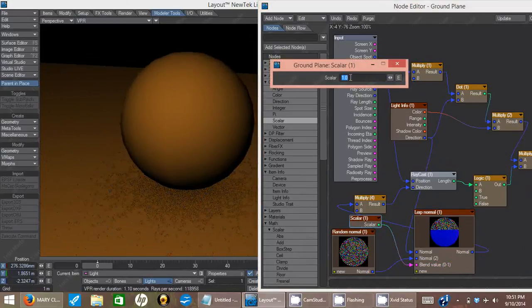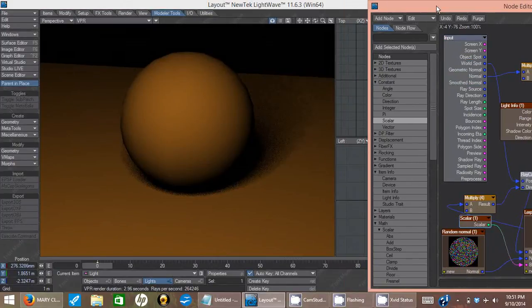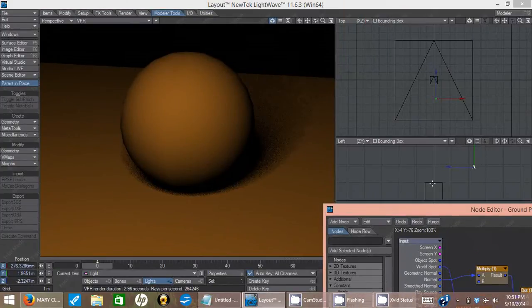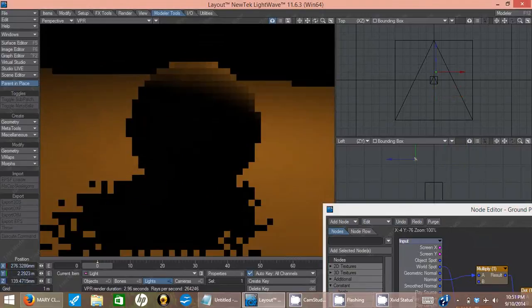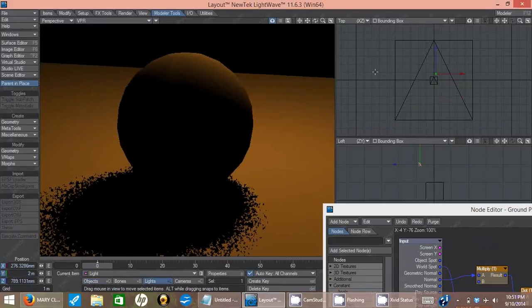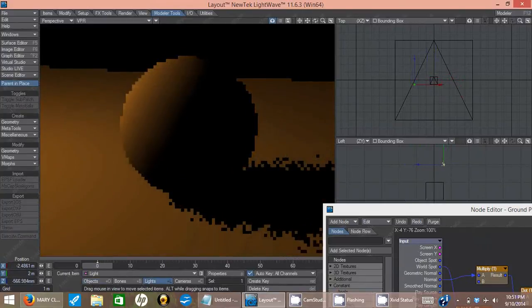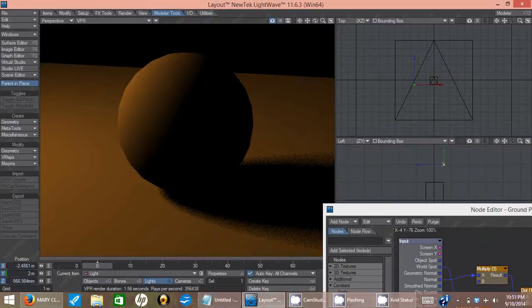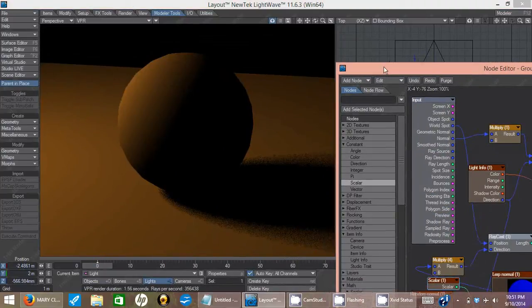Our value is 1, and that gave us a completely random normal. I'm going to take it down to like 0.1 and see what happens. There we go. Now we have a slightly blurry shadow. In fact, this is at least somewhat like dome lights in a way. I'm going to move that around so we can see it better. But yes, that has given us a realistic soft shadow,